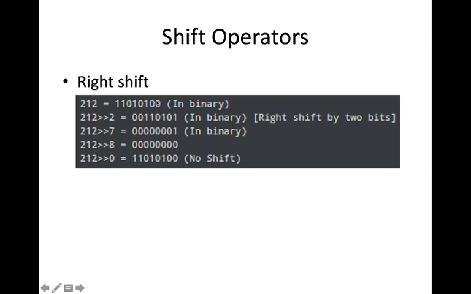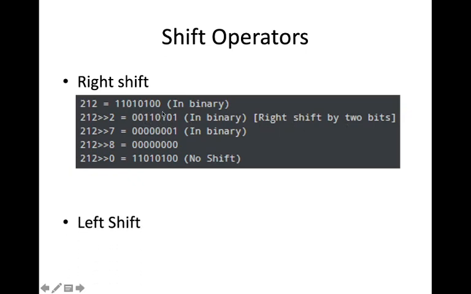So these two zeros will be moved out and 1 will come in this place, then this 0 will come here, then this 1 will come here. That is why this result comes like this. That is, this 0 will be pushed out and two new zeros at the left will be inserted. When we shift it, we will get the result 0 0, then after that 1 1 0 1 0 1. So that is why we got it like this. So this is actually right shift by 2 bits.